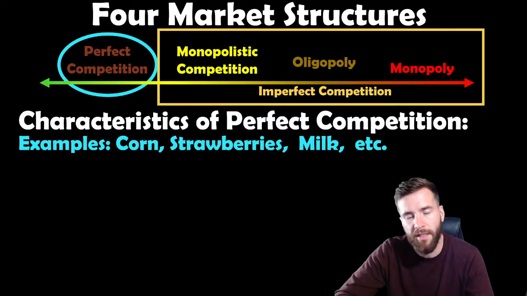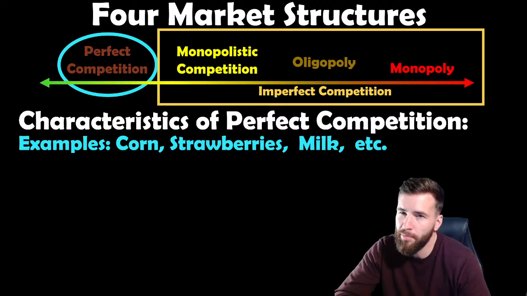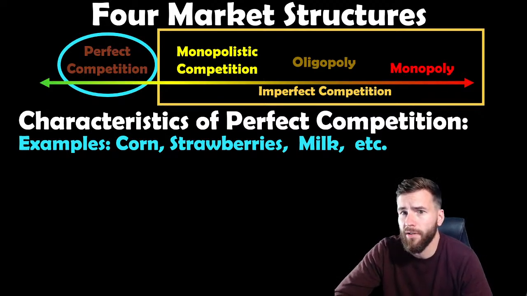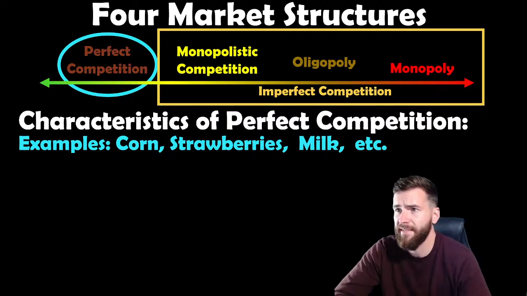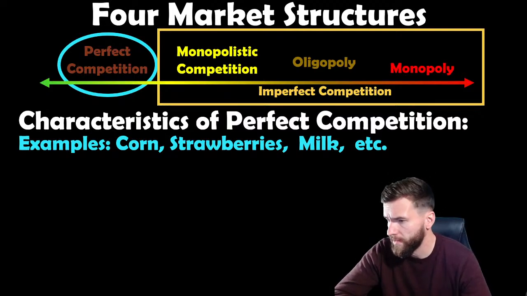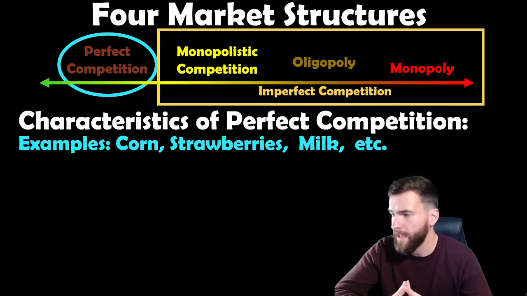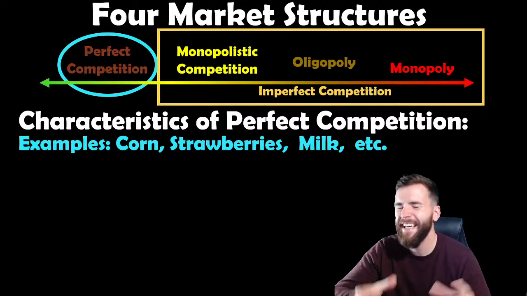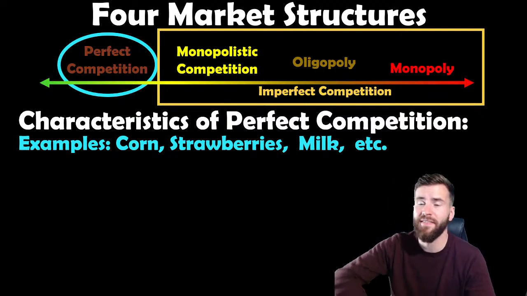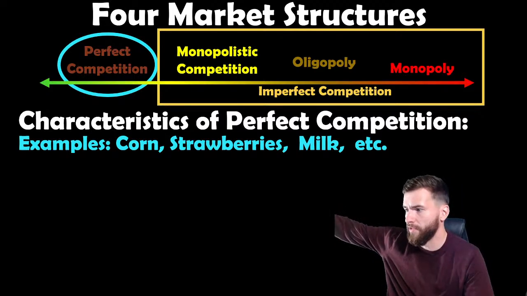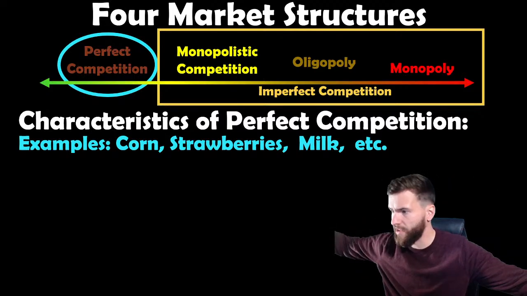So the best examples in the real world would be agriculture. But even then, you'd have to be selling your good, for example strawberries. Think about it like this: you are a strawberry farmer selling strawberries at a farmer's market where there's 1,000 other strawberry farmers. Every strawberry farmer and every strawberry is exactly the same. Every firm has the exact same cost, the exact same amount of land, the good is exactly the same, there is no difference in taste or size. Everything's exactly the same, and you're competing against thousands and hundreds of thousands of other farmers that run the same exact business as you.